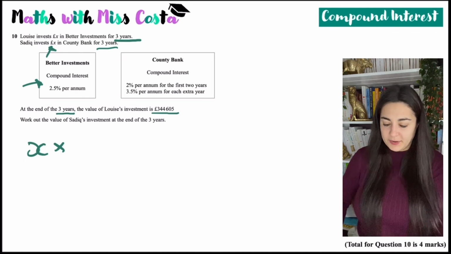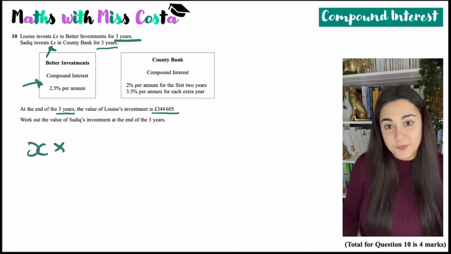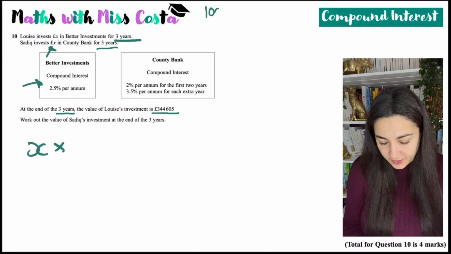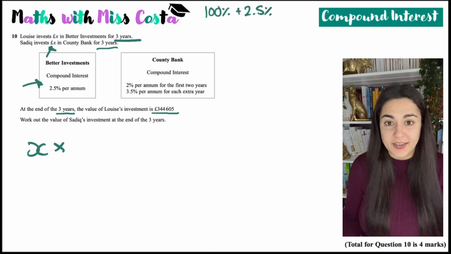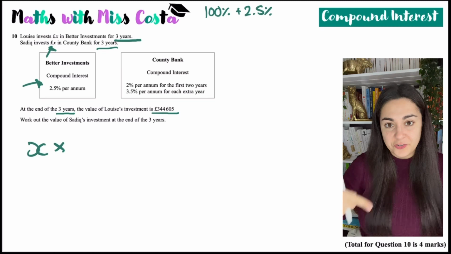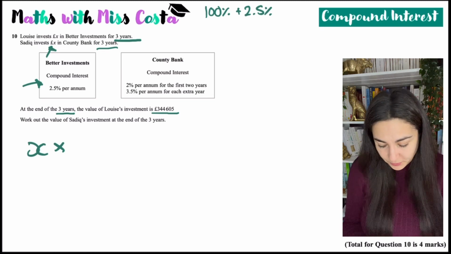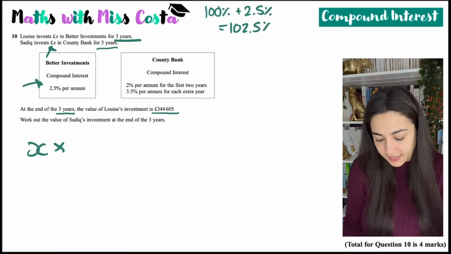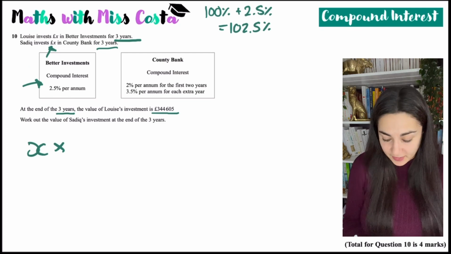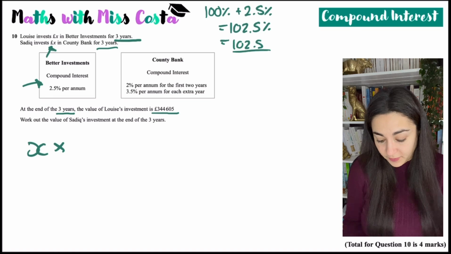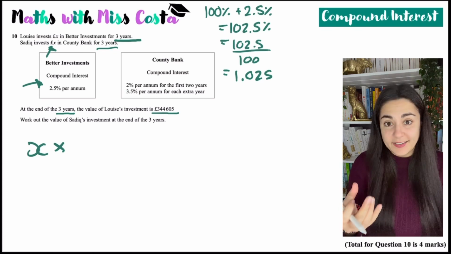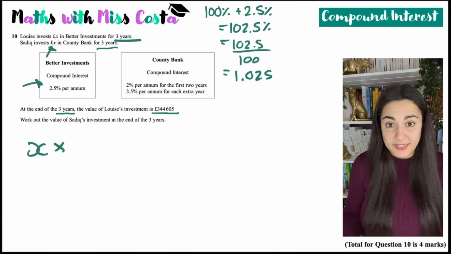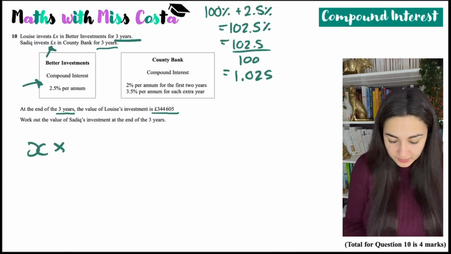So the important thing with compound interest is basically you work out what the percentage multiplier is. And to do that, you'd say, okay, so there's an interest rate of 2.5% per annum. So your original amount is 100% because that's 100% of what you put in. And then the interest is 2.5%. So 100% plus 2.5% is 102.5%. Now, what does percent mean? It means divided by 100. So 102.5 divided by 100 is 1.025. So hopefully you're familiar with multipliers. If not, then basically add the percentage of the interest onto 100% and then turn it into a decimal. So that's my multiplier,